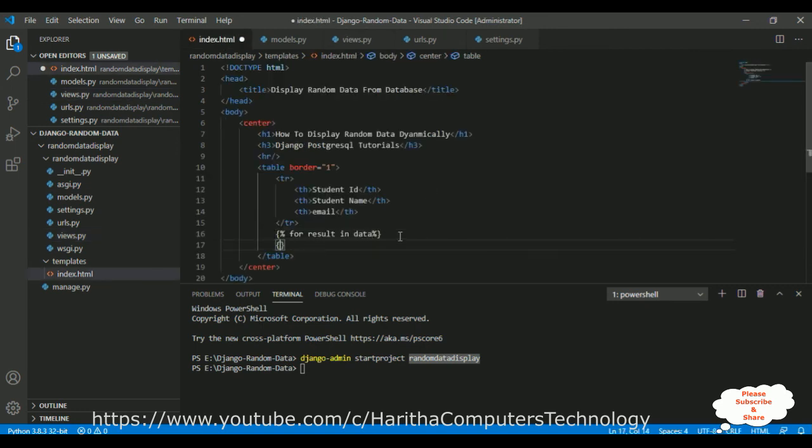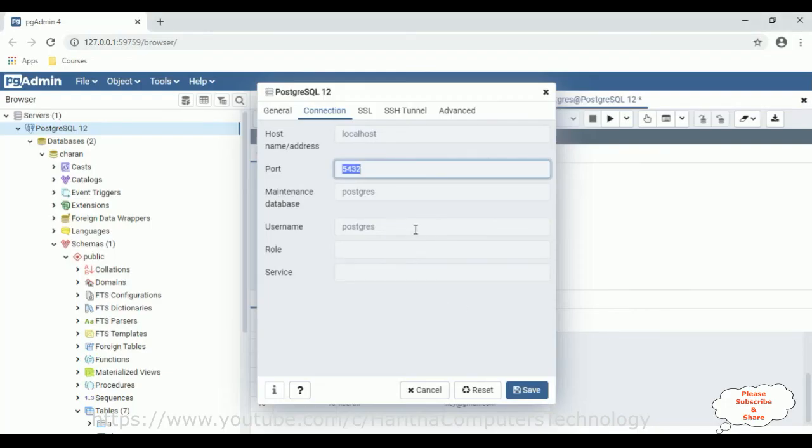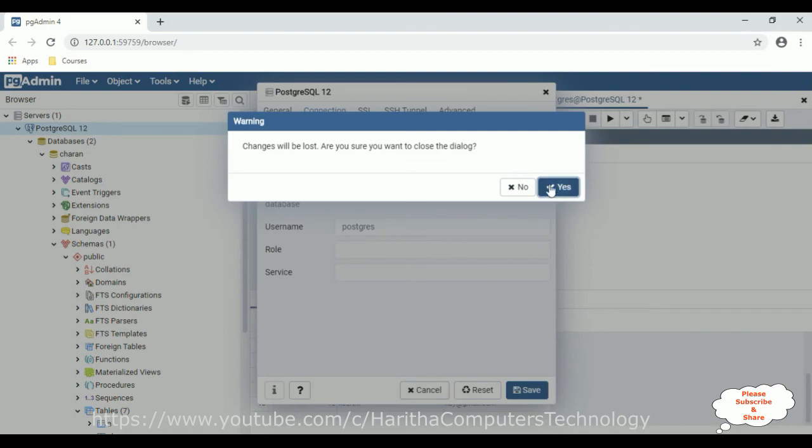After that, we'll close the for loop also with endfor, then add tr, the table data between double curly brackets, result dot student ID. We need to add exactly the column names that we have in the table. Let's close this one.